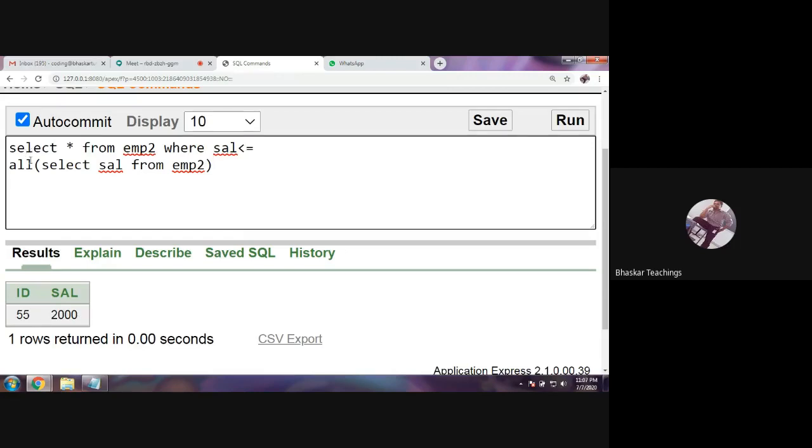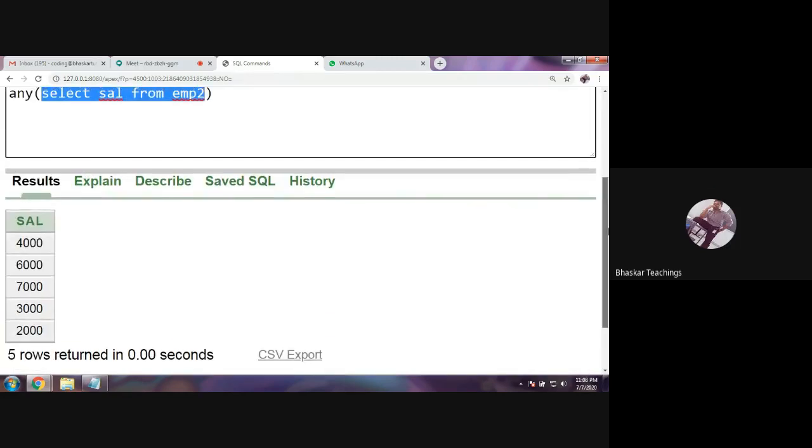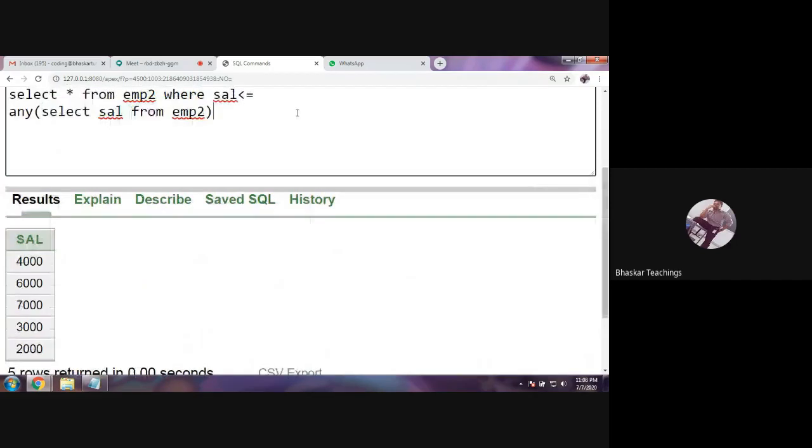What if I give ANY here? ANY returns true if at least one value is matching this condition. First, run the inner query and compare the values with it. The inner query retrieves these salaries. Now it says, is there any salary which is less than or equals to any of these salaries?